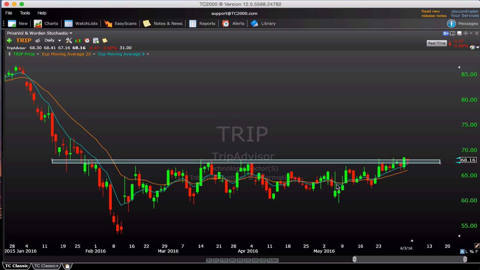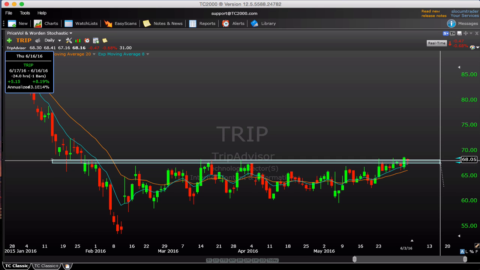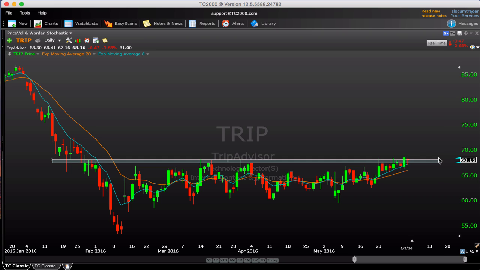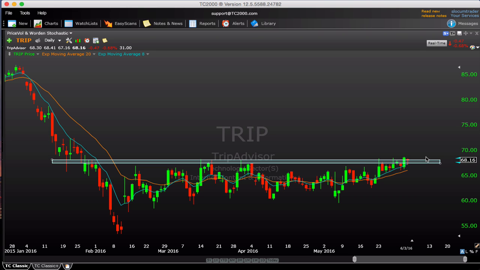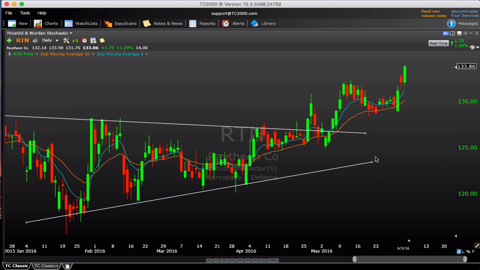TRIP, we had discussed this in the stream a couple of days ago. Look at this nice tight pattern here for multiple months now, going all the way back to February. It's been real tight in here, and it looks like it wants to get going. We still haven't seen the real energy, the breakout bar enthusiasm that we really like to see. We're still waiting on that. So let's see if it gets above 68.75. Perhaps we get that excitement in here for TRIP to get us a nice trade to the upside.